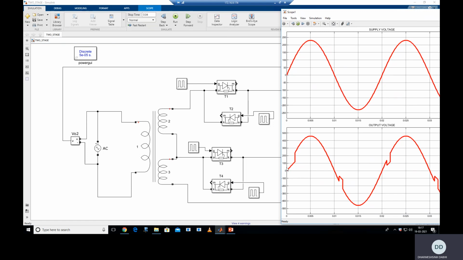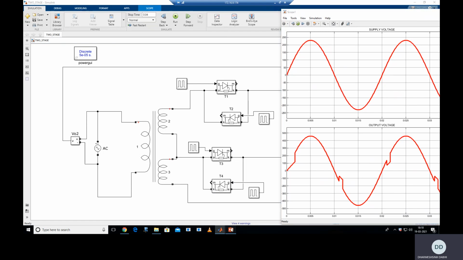But at the starting of the cycle, you do not get this because this is an initial condition. In the initial condition, previous to this cycle, there is no energy stored in the inductor. So from the starting of the cycle, at omega t equal to 0, only T3 will turn on. But in the steady state condition, it means in the next cycle, you can see that first T2 is conducting, and then T3 is conducting, and at alpha your T1 will conduct and follow the 2 Vm sin omega t. So that is the difference between the R load and RL load condition.